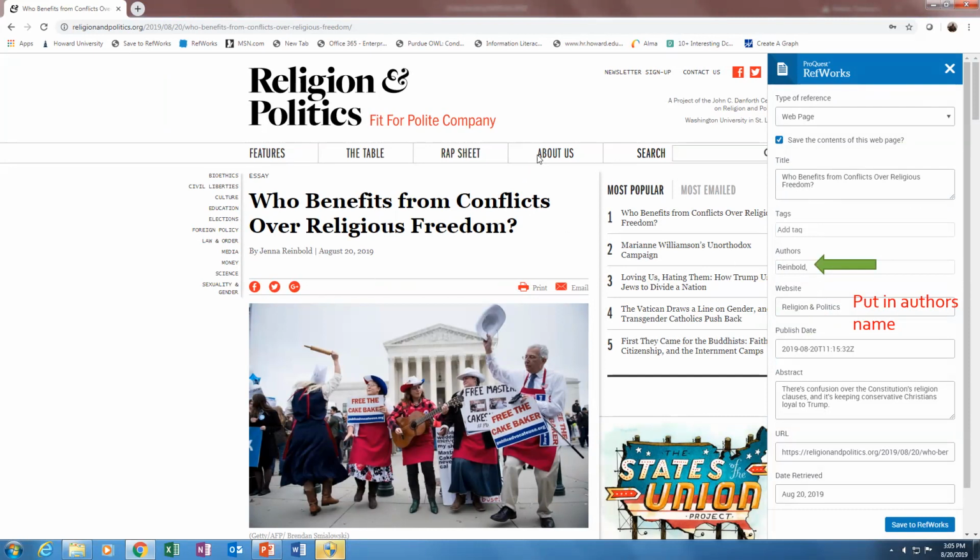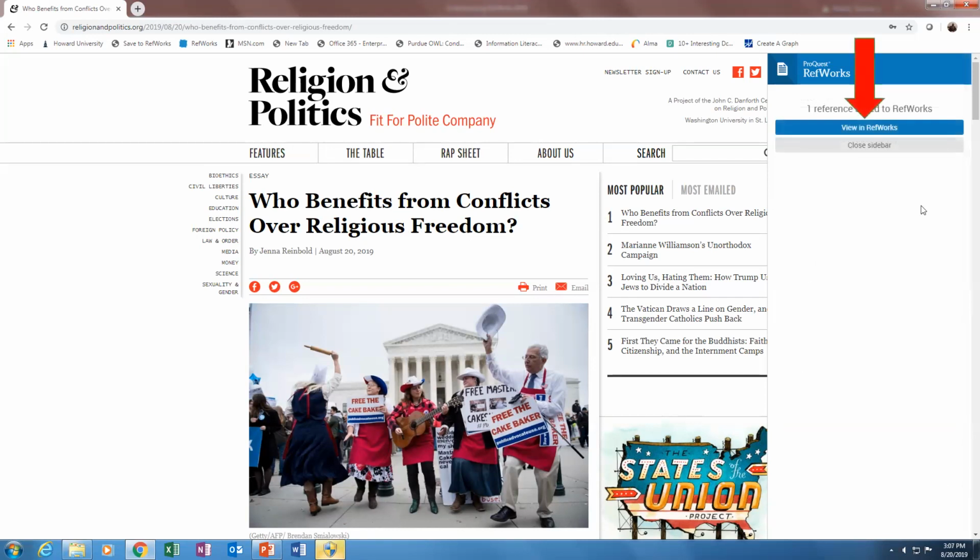It should populate most of your information, but always check to see if the author name is there, check the date, check the information. So when you put it into RefWorks, you know that most of the information is there. And then just click Save to RefWorks. Then if you want to view it,